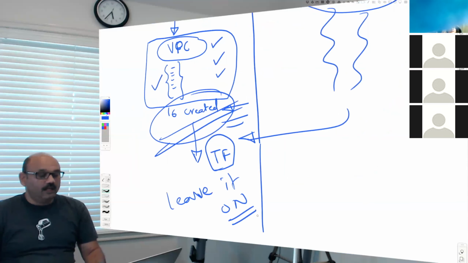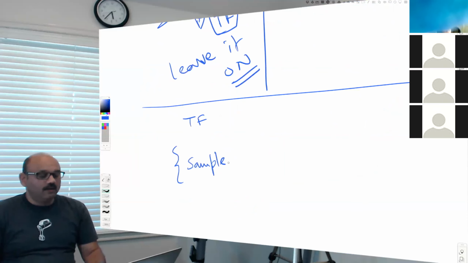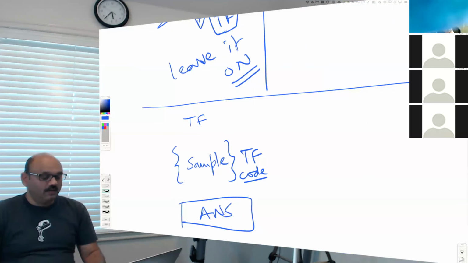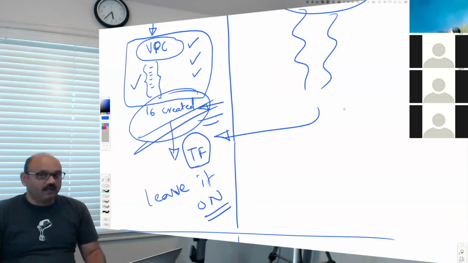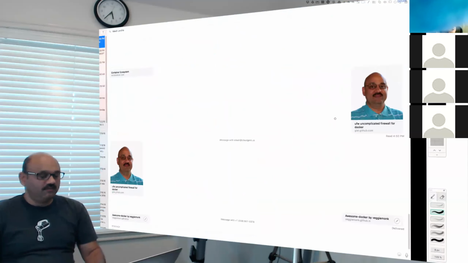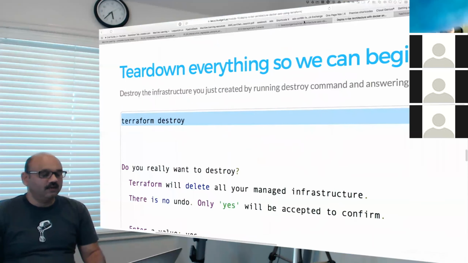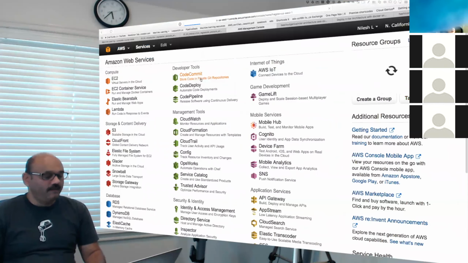So you saw that in our Terraform situation, we began with some sample Terraform code that I gave you, and then we have a design already in our cloud. Now that's one way to use Terraform. In case of CloudFormation, there are a couple of different ways of using CloudFormation itself. And so we will visit this location in Amazon Web Services. Like here somewhere, we will find it in here, here, and here.